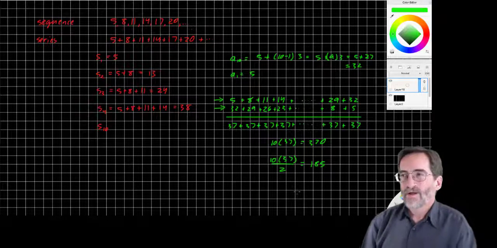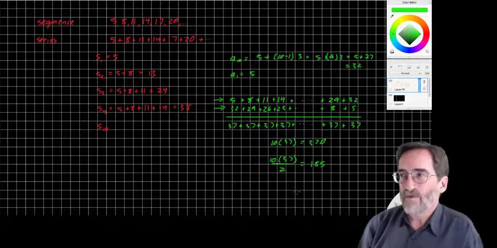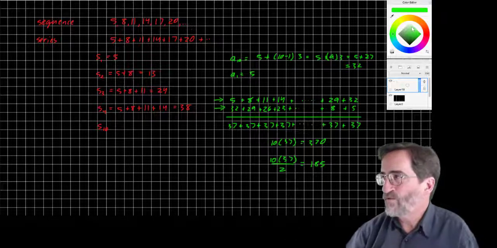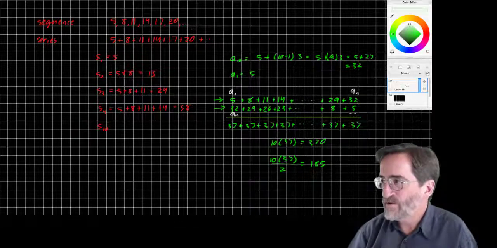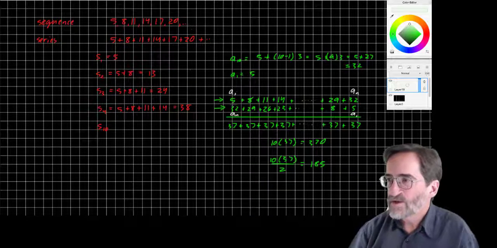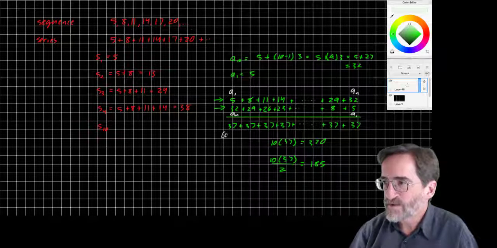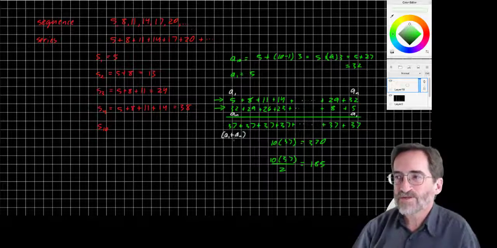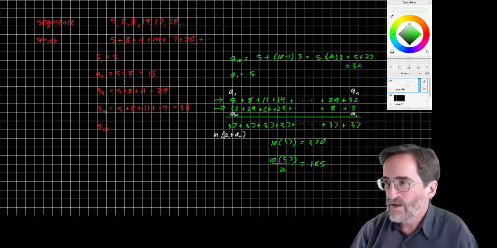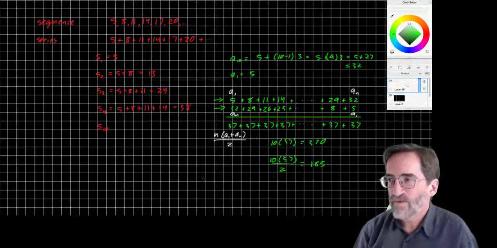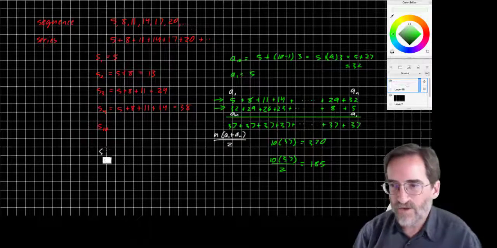Okay? This suggests a formula. Remember what this was. This was a sub 1, and this is a sub n. This is a sub n, and this is a sub 1. So we get these sums as a sub 1 plus a sub n, the first term and the last term added together. And then we multiply by how many there are, n, but then we divide it by 2. And there we have it. The formula for the nth sum of an arithmetic series